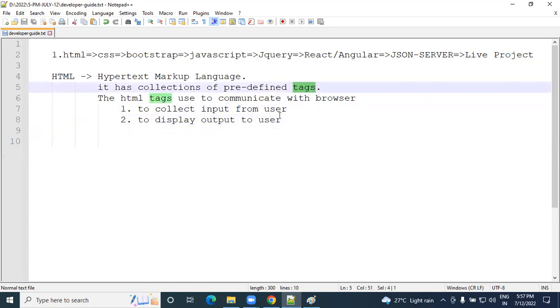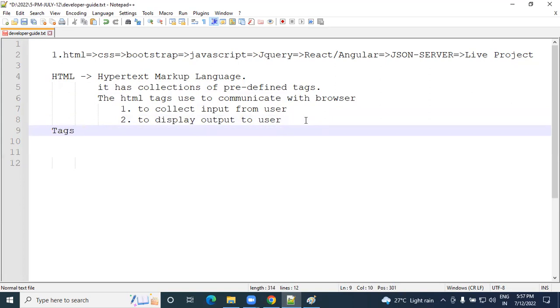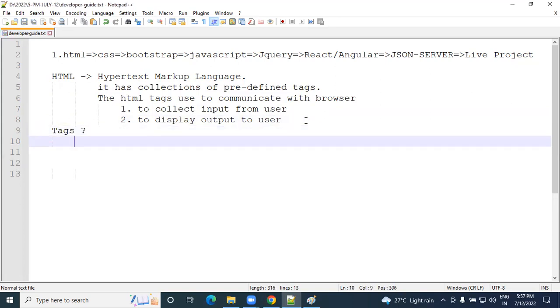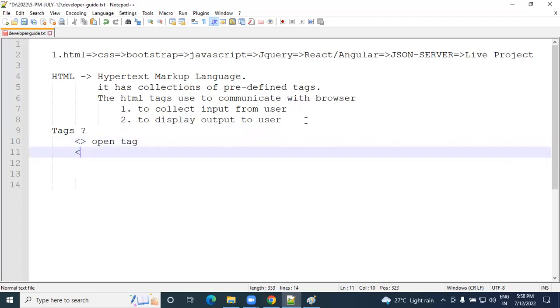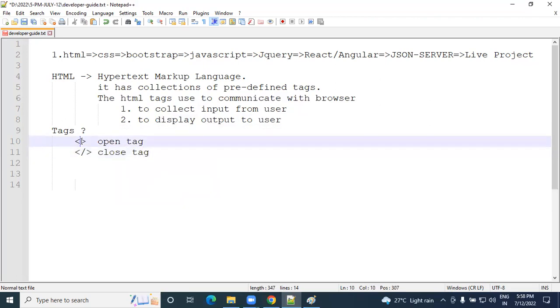And what it has is called tags. Okay, now let me go here and explain the next line. That is called a tag. Okay, what is the tag? In HTML, what is the tag? So just keep in mind, something within the angle bracket is called an open tag. And something within the angle bracket only with a slash is called a close tag. Inside what we write under the angle bracket, it can be predefined also and it can be